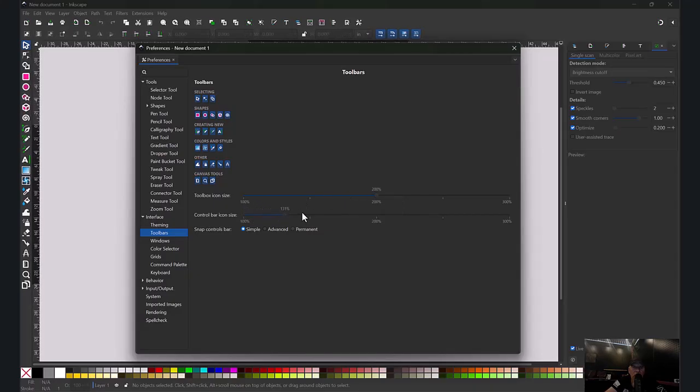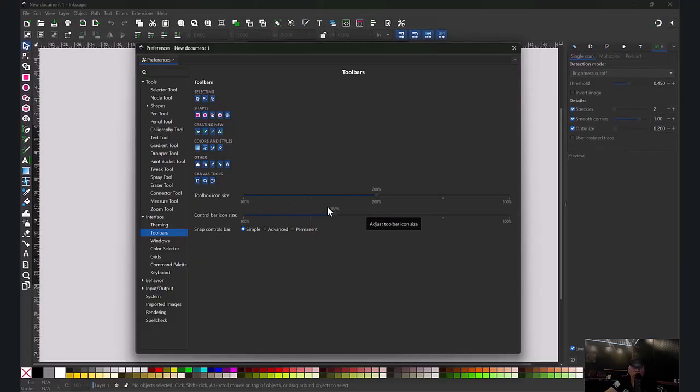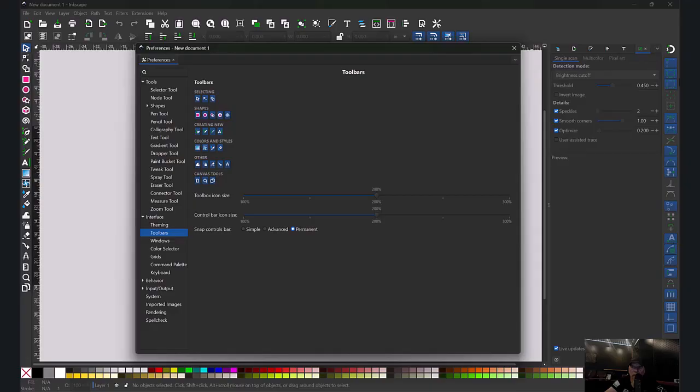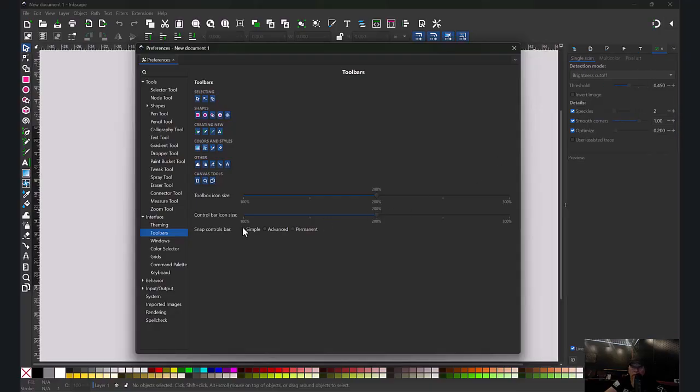And then this is the control bar, which is the icons on the top. You can change the size of those too to something that you prefer. Now, your snap controls bar, which is over here on the side, you can do simple, you can do advanced, which brings up the little window up here, or you can do permanent, and permanent will permanently open it on the side here. Now, I don't use this a ton, but sometimes I do. So I just use simple. I hardly ever use that menu for anything at all. I think that's pretty much it for